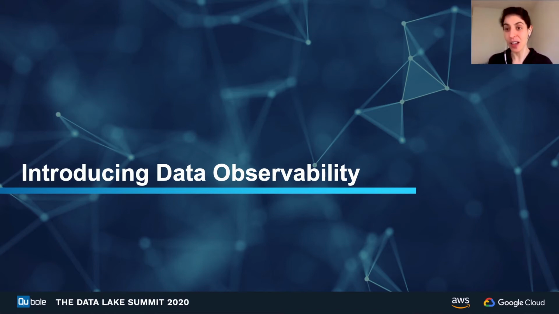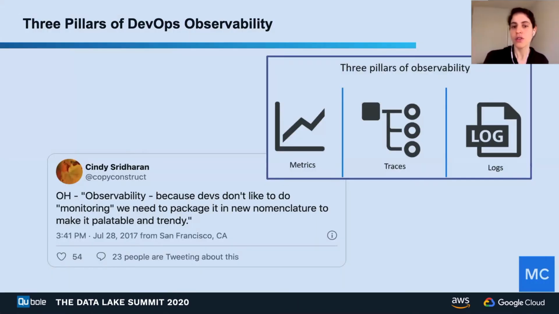I'll talk a little bit about how we can use concepts from observability and apply them to data in a way that will help us address the real imminent threat of data downtime. Starting by talking about DevOps and observability. For folks who are not familiar with this concept, engineers often leverage principles of what they call site reliability and observability to ensure that their applications are performing as expected, and that application uptime is high while downtime is low.